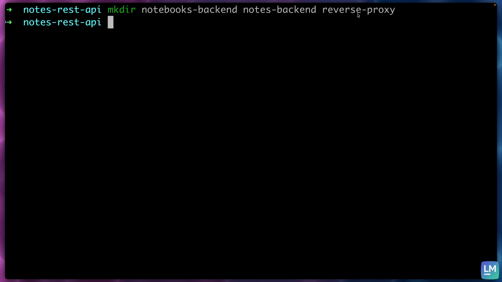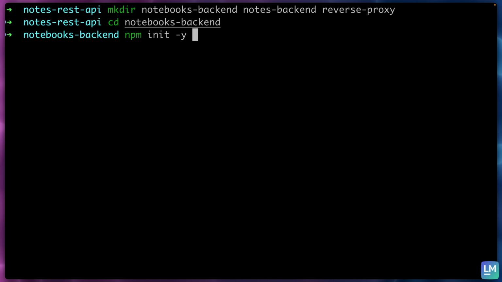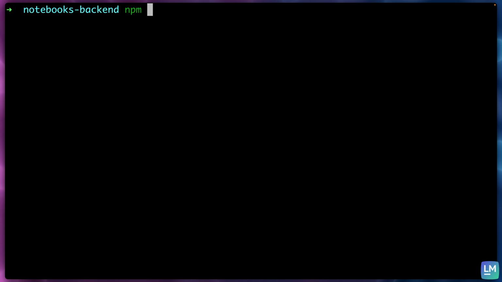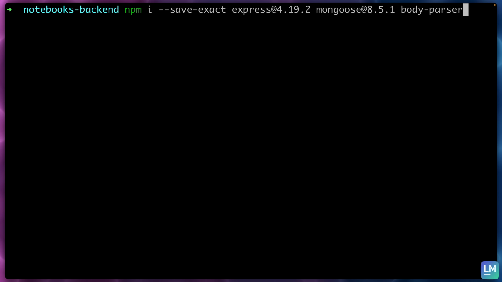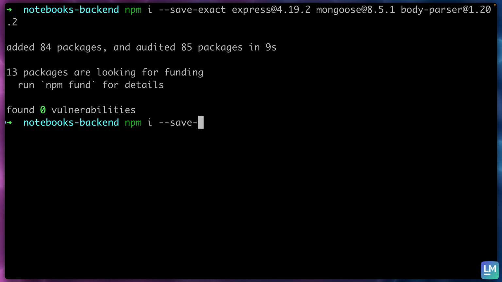Let's then change into the notebooks backend. Let's initialize our NPM project and let's install the following dependencies. So we're going to say save exec, and then we will say express at version 4.19.2, mongoose at version 8.5.1, and body parser at version 1.20.2. Once the installation is complete, let's also install one development dependency, so save dev, and that's the nodemon dependency at version